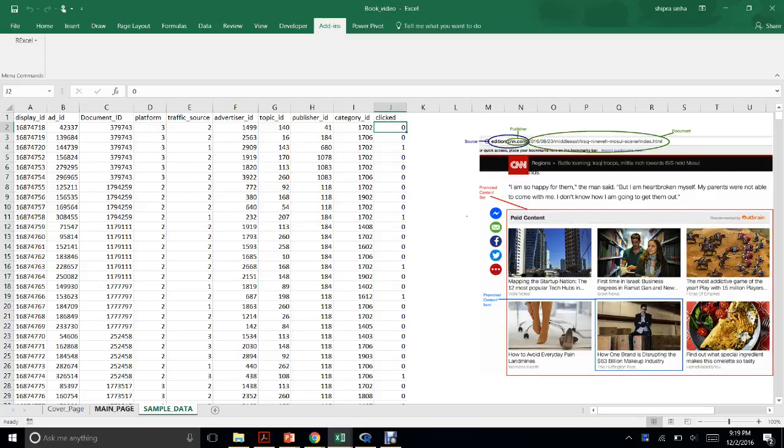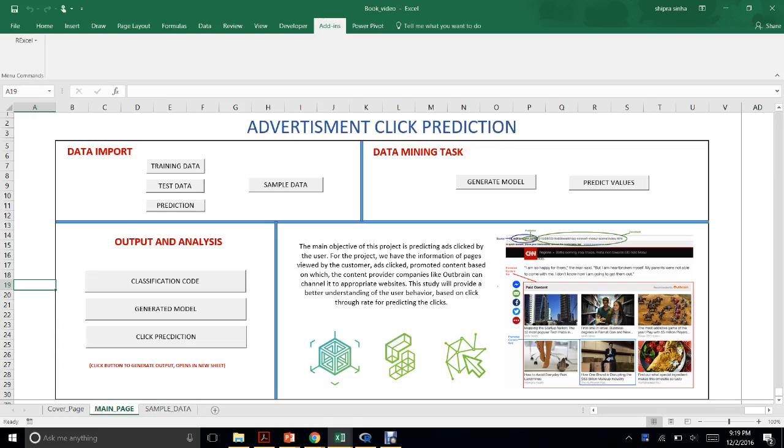So our data mining algorithm performs two tasks. First, it is used to predict which ad to be viewed on which website, and second, to predict if the predicted ad will be clicked or not. We are using neural network for task 1 and logistic regression for task 2. We can see the code here by clicking on this button.